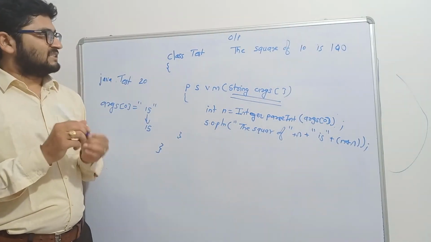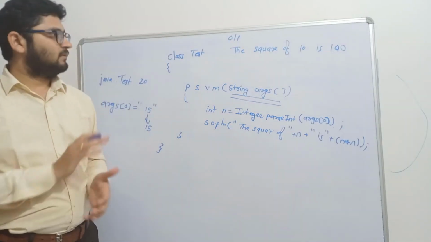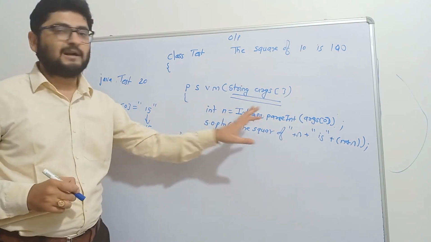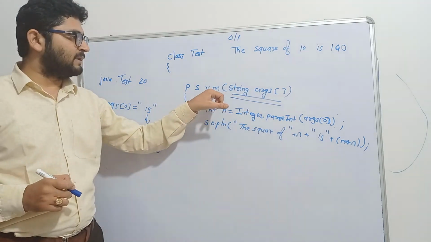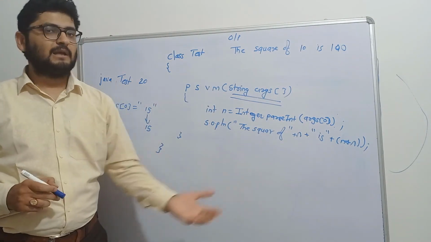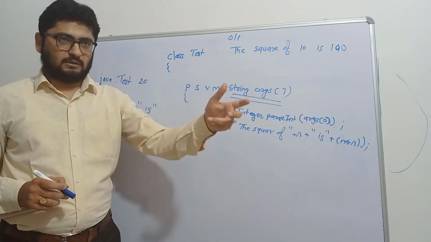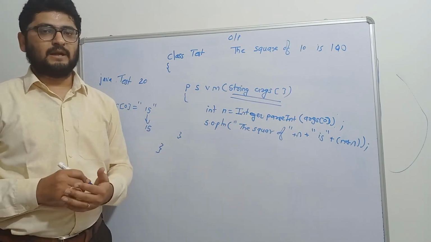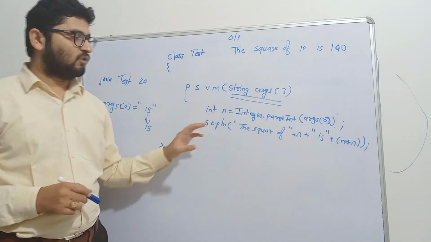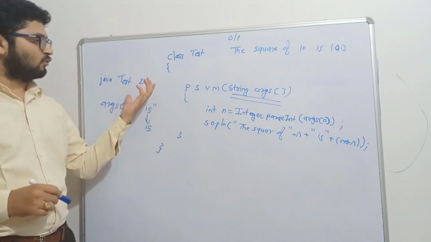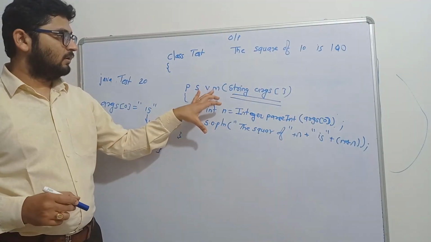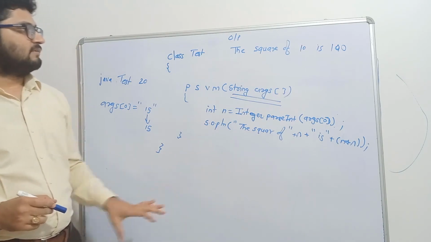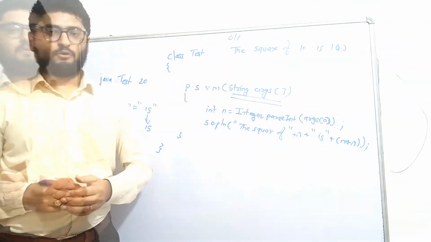So to customize the behavior of the main function, we can use command line arguments. Earlier the value of n was hard coded, so the behavior of the main function was hard coded. And for getting the square of different numbers, you had to change the value of n again and again. To avoid this, we can use command line arguments to make the main function customizable. So that is our application of command line arguments.